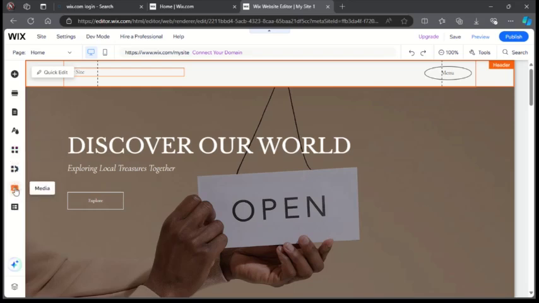Just click on it. Then if you have available media on your PC that you want to use, maybe you are trying to create a website for a brand. If you are creating a website for a brand, you definitely are going to need media to make it more attractive and more eye-catching for viewers and people accessing the website. So for you to import media, just use these tools right here on the left corner of the screen. See, these are the tools, and using the editor mode you can make your website more